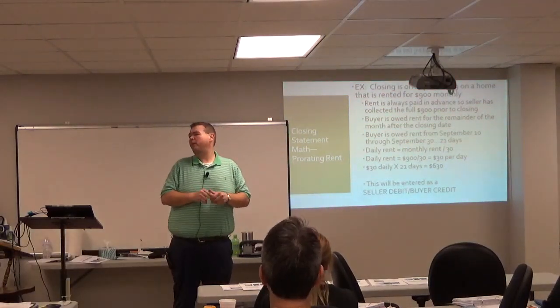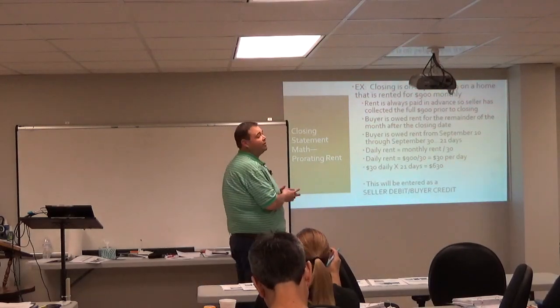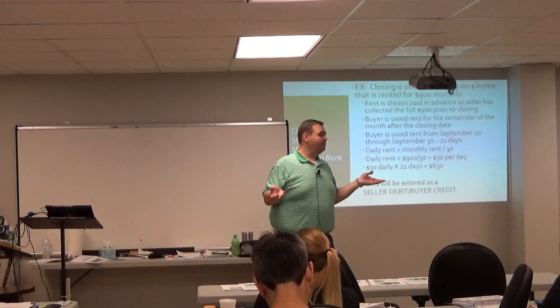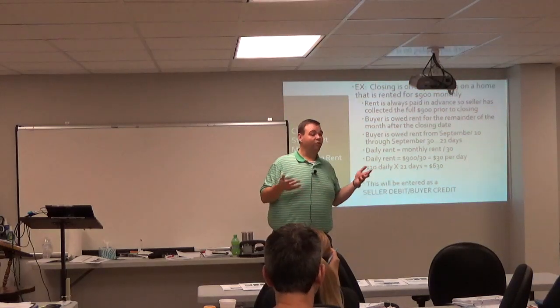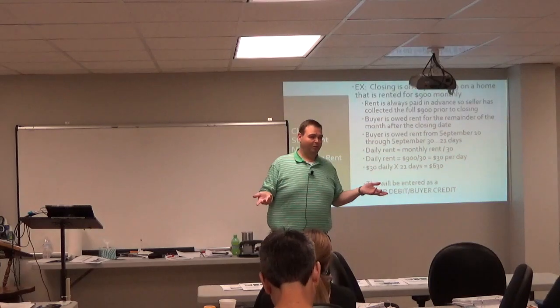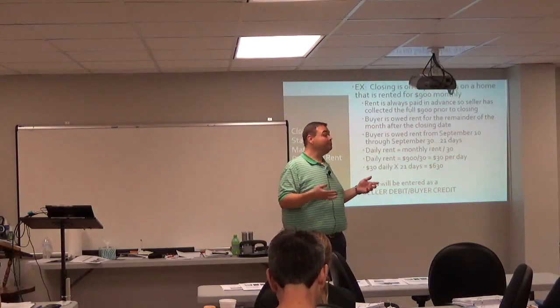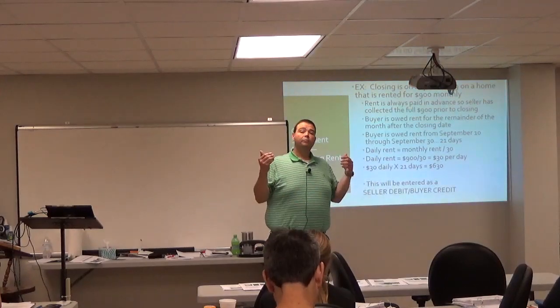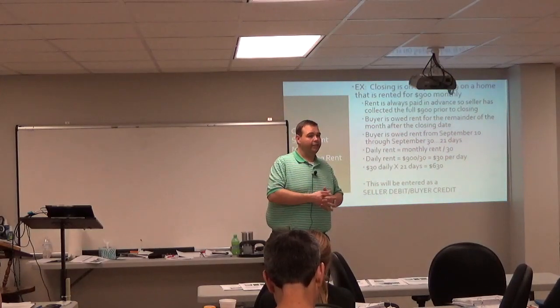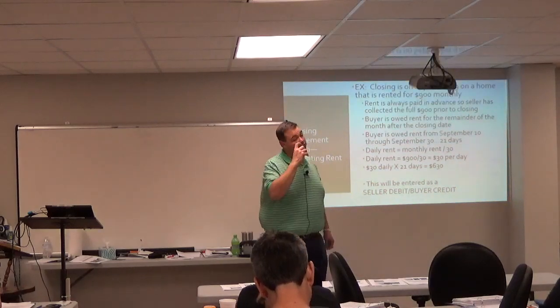So for example, if we close today, September 4th, there's a pretty high likelihood that the seller's already collected rent on September 1st for the whole month of September. The problem is they're not owed that much rent. They're only owed for how many days? 4 days. When we talk about prorating rent, you're going to use the exact same system that we just used